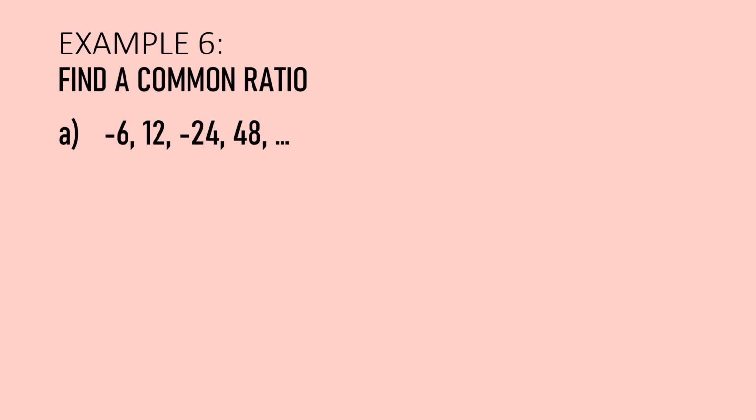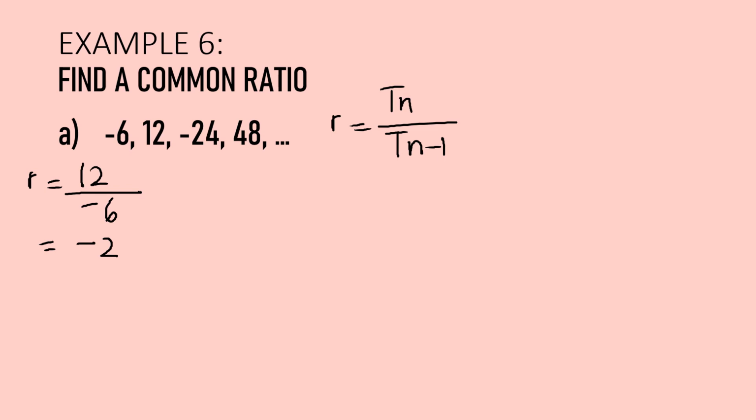So find the common ratio. To find the common ratio, we will use R equals Tn over Tn minus 1. So Tn is 12, R equals 12 over negative 6. The answer is negative 2. Okay. Next,